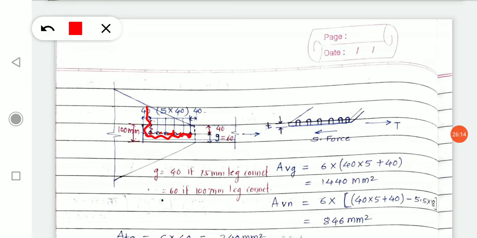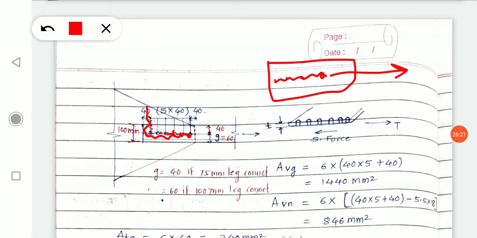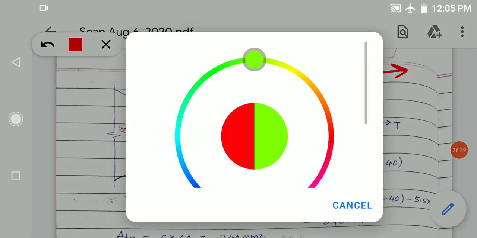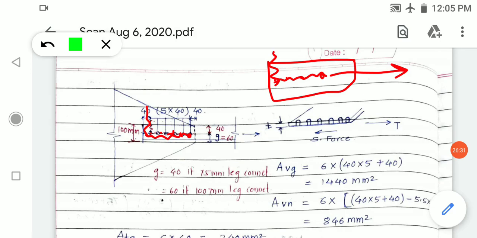Now this is your gusset plate. It is having tension force like this, the bolts are like this, they are getting ruptured. But what happened next? Look at this face. Once you apply tension force, these bolts will show shear force, but this face is under tension only, so it will show an equal and opposite tensile force.